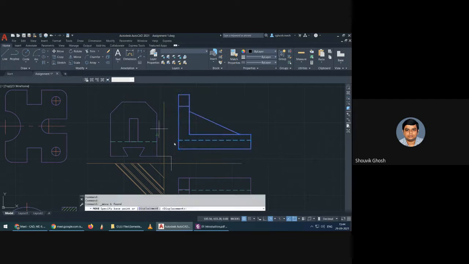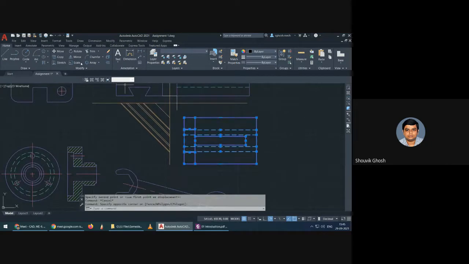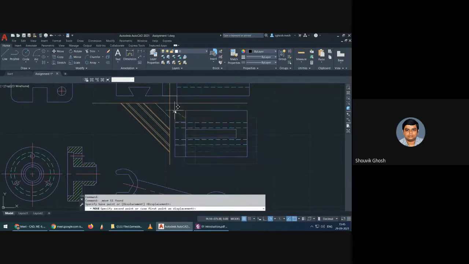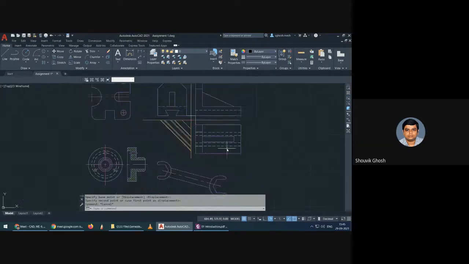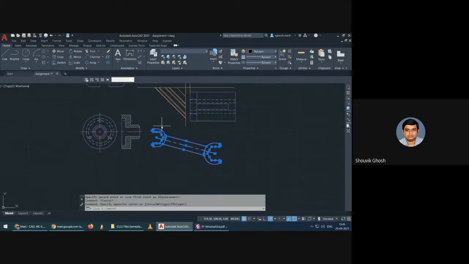So it will be equally spaced, and a larger space is now free for dimension. Okay, will now free up for dimension. So I can just select the whole thing. I can move this up a bit.